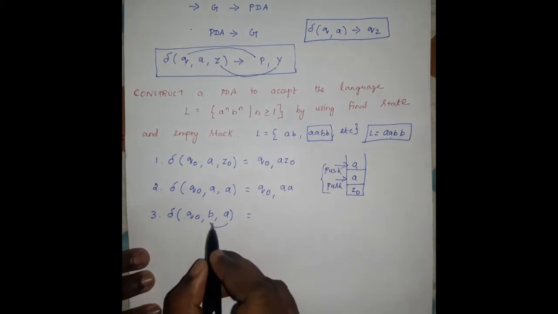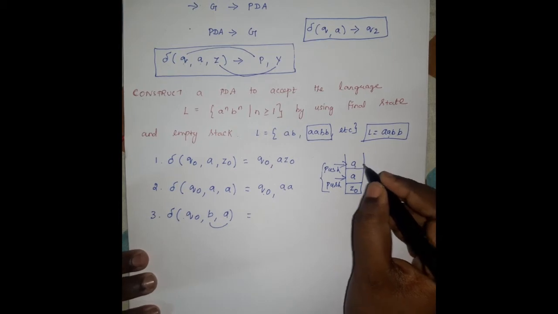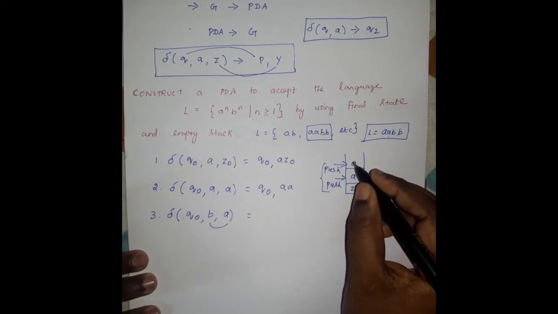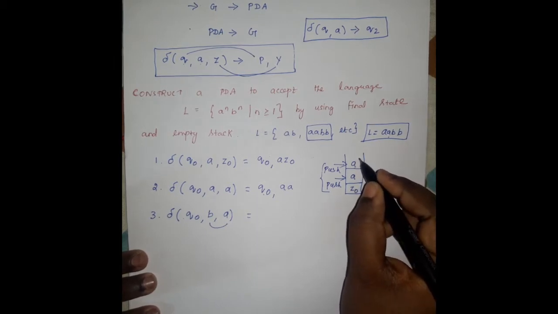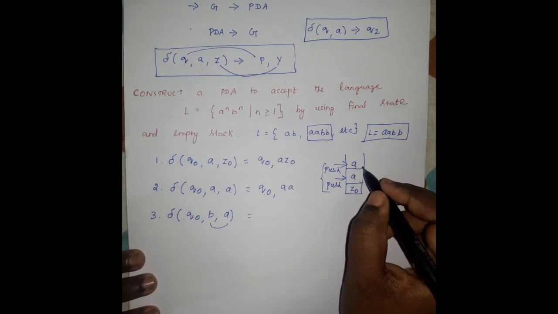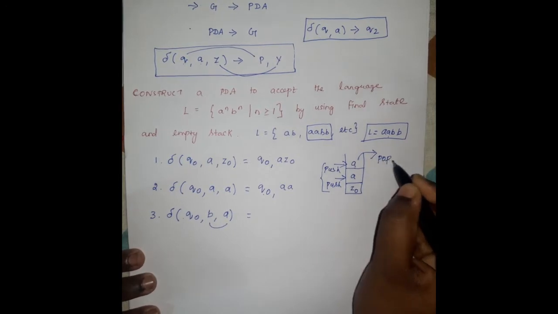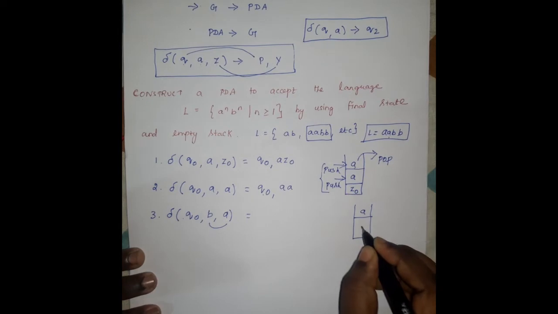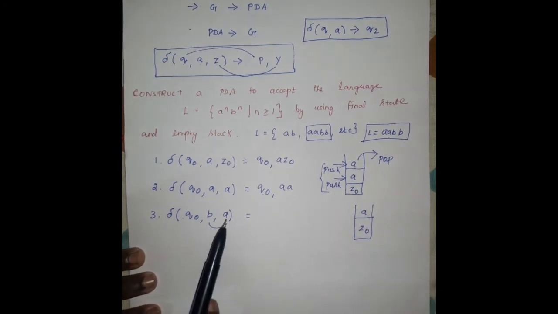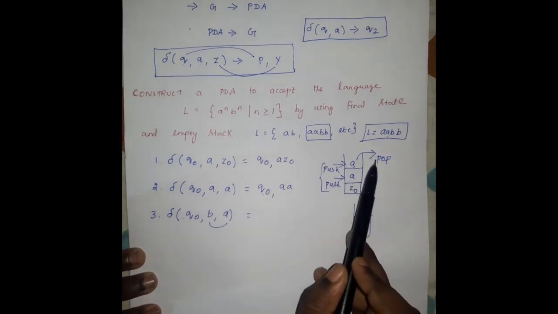Here only the push operation was performed, inserting the next element A into the stack. But here the symbol varies, so now we are performing the pop operation on the stack. The operation is performed one symbol at a time. So in the stack we are performing the pop operation, that is, removing the top element from the stack. So here the A is popped from the stack. So now the stack contains only the elements A and Z naught, because the top element is A and now the scanning element is B. So for B, the top element A is popped from the stack.